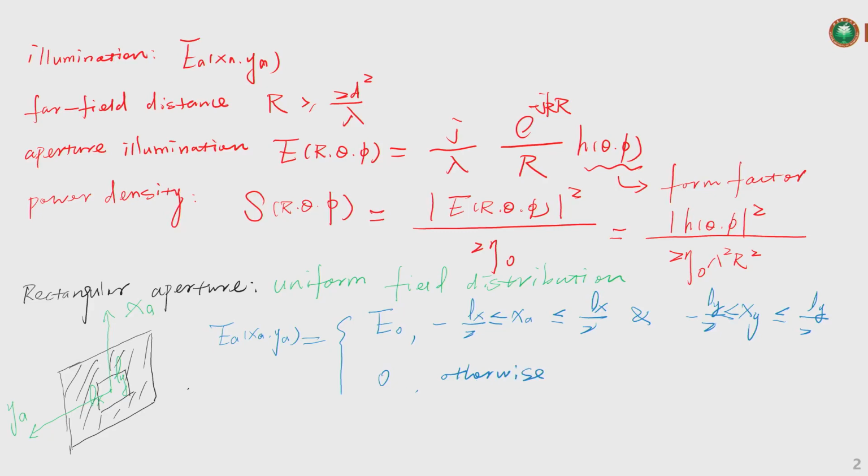So this is a uniform field distribution, and we can get